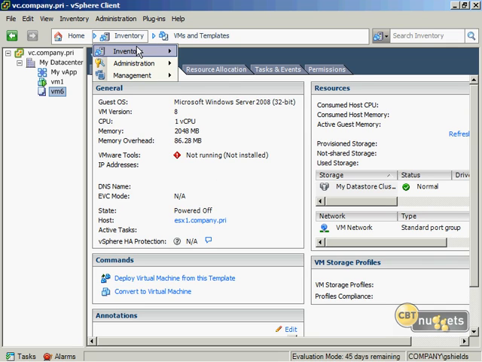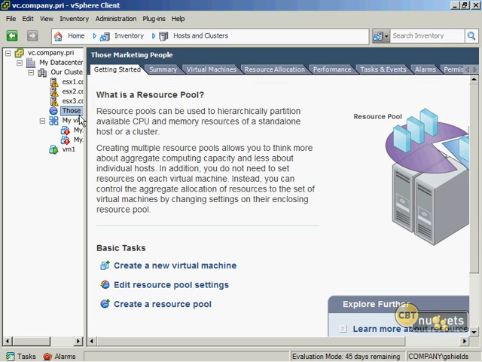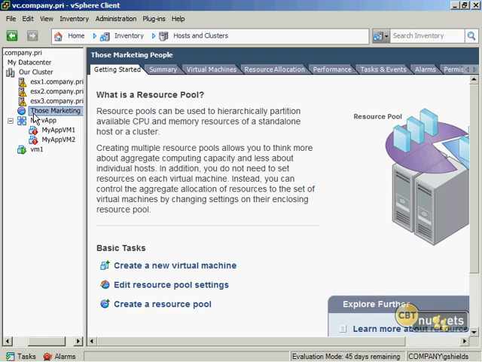Okay, so here's this deployment template, and here I've got my VM, and I deploy this VM out, and then once I get done deploying it, it will end up in hosts and clusters down here under for those marketing people. Kind of slick,